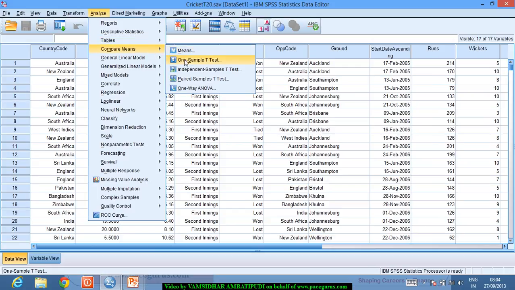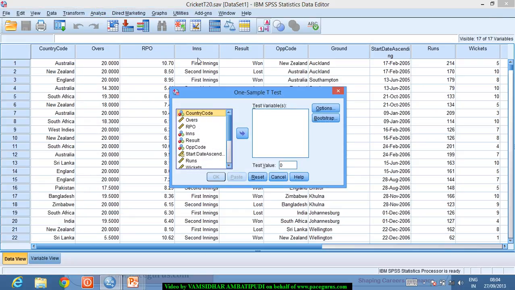In this Compare Means, these are the three things which we will discuss in this particular session. One sample t-test right now is what we are going to deal with. I'll say the one sample t-test. I want to compare the runs per hour with a test value of 7.5, and that's it. So if I click on OK,